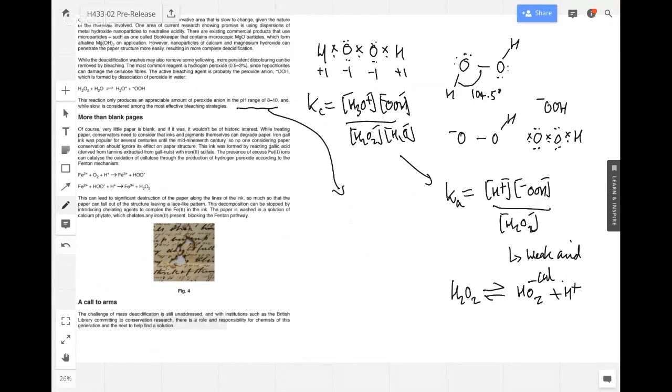If you're at pH 8 to 10, you've got some hydroxide ions knocking around, and that's going to react with hydrogen ions to make water. So that's going to push this equilibrium this way because you're removing H3O plus. So you're going to favor the forward reaction, and you're going to promote the formation of these particular ions here,